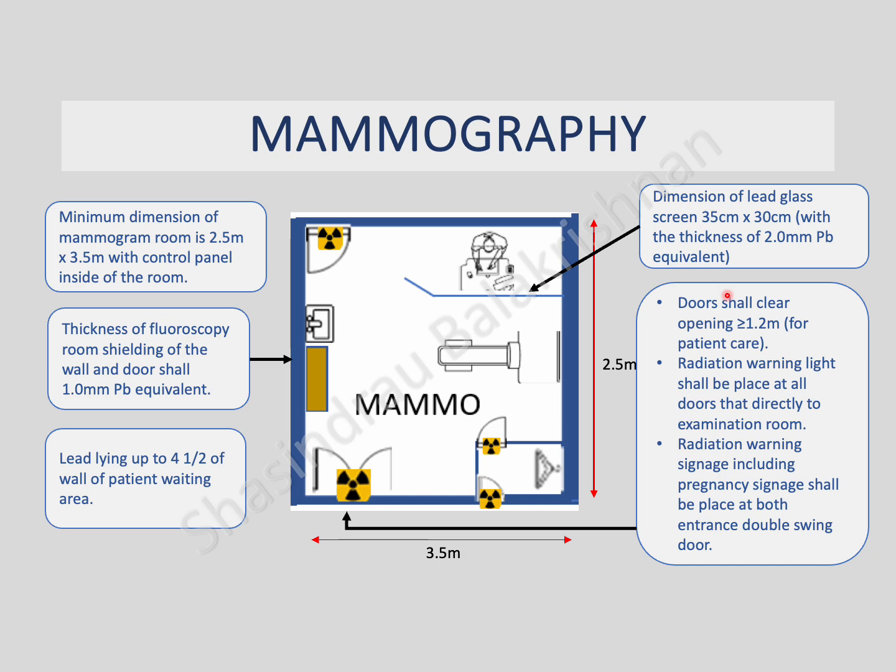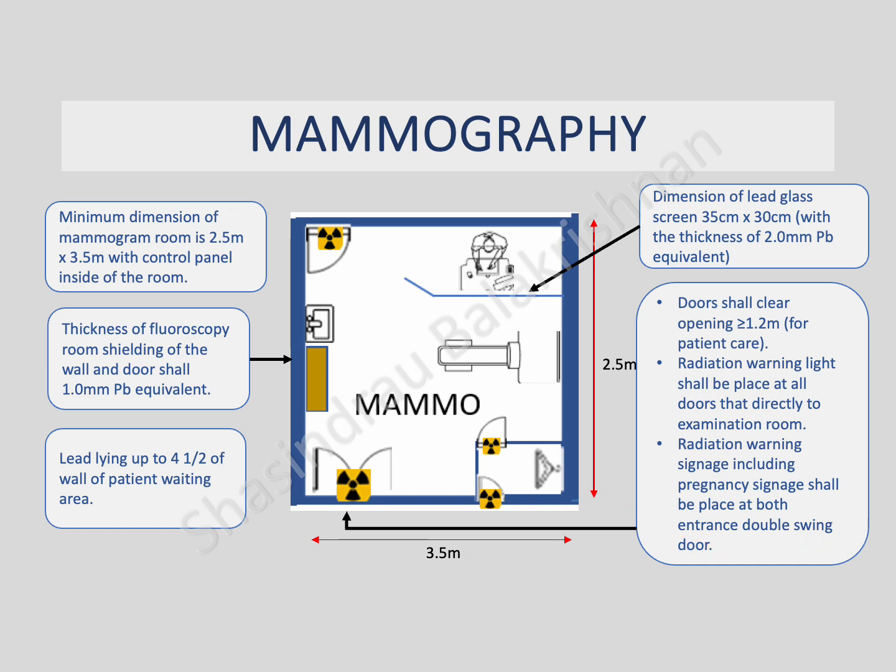during procedures. The doors must have a clear opening of at least 1.2 meters to allow easy patient access, including stretchers if needed. Radiation warning lights and signage, including pregnancy warnings, are required at all entrances to alert staff and visitors. Additionally, lead shielding extends up to 4.5 feet on the wall of the patient waiting area to protect individuals